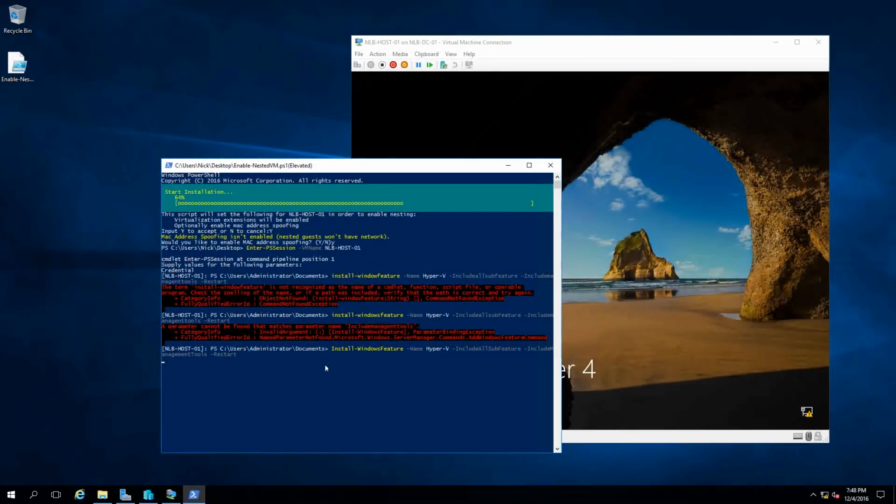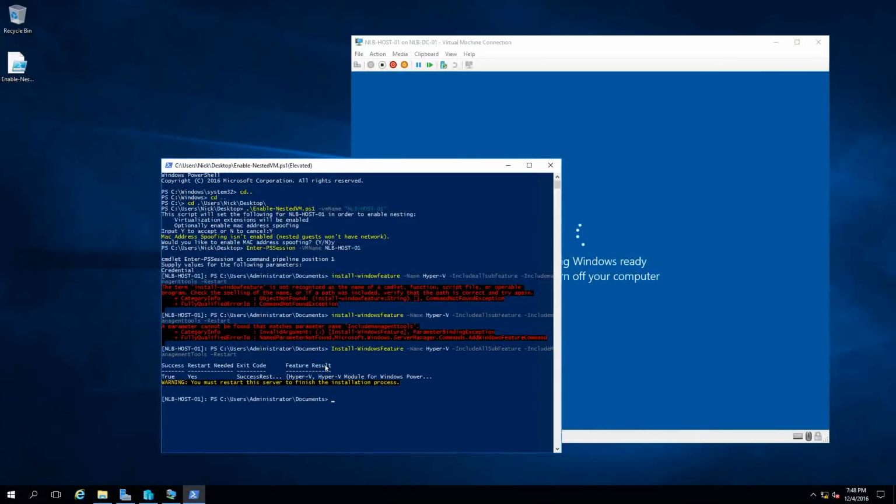And after the virtual machine is up and running once again, I'm going to log in to that virtual machine, and we'll see if the Hyper-V role is enabled, and I will try to create another virtual machine within the virtual machine so we can confirm that the nested virtualization is indeed running